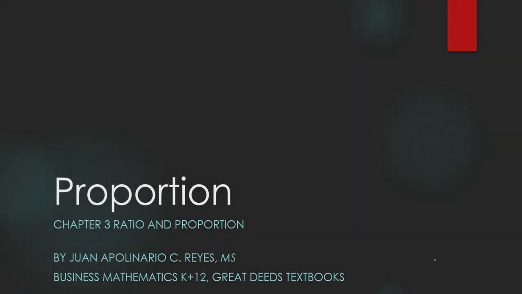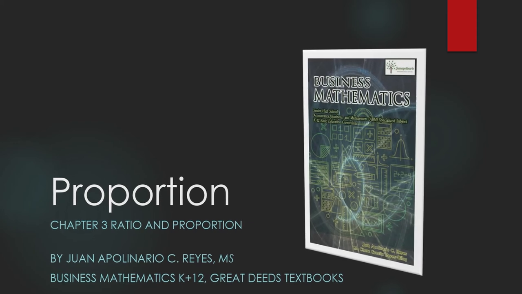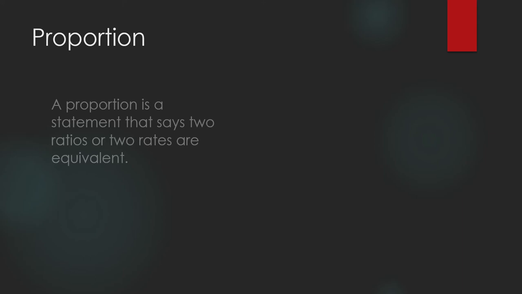Proportion. This is our first lesson in proportion, Chapter 3, Ratio and Proportion. A proportion is a statement that says two ratios or two rates are equivalent. Examples: